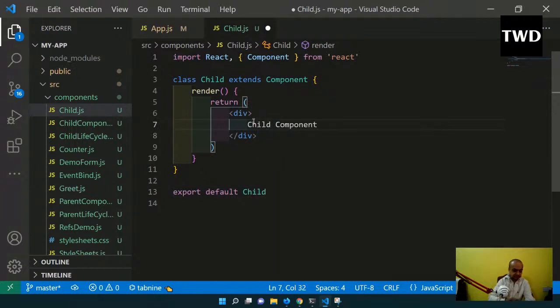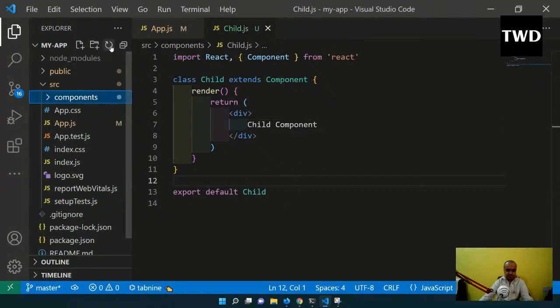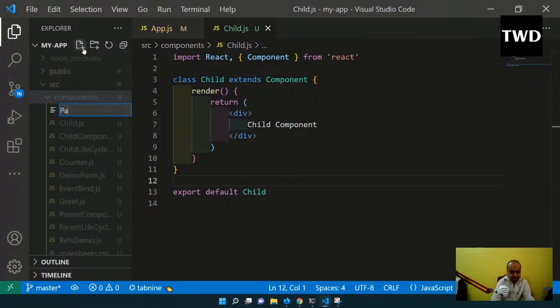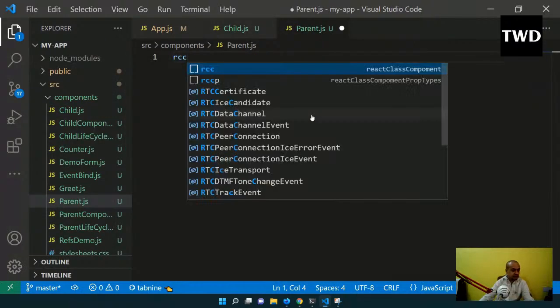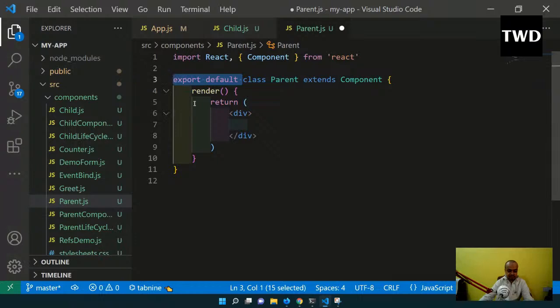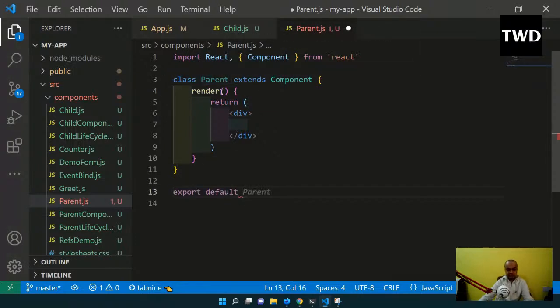Okay, child component I have done. After this child, I will have a parent.js. I'll have a parent.js, and it will also be RCC, and parent,